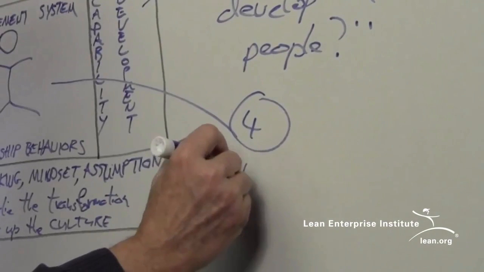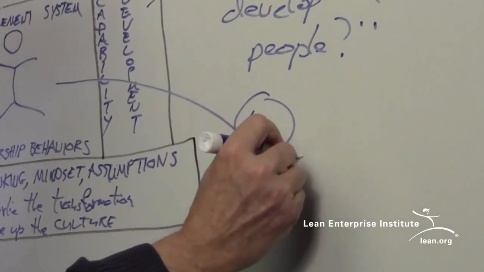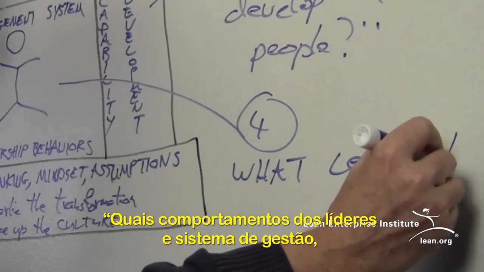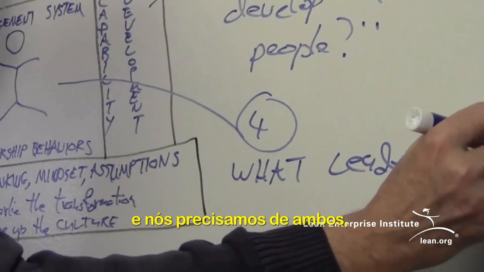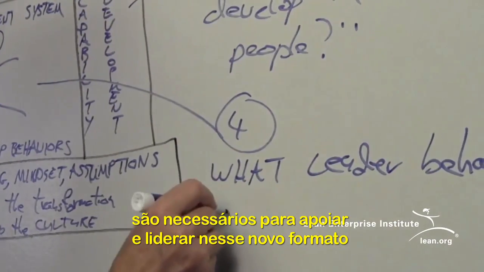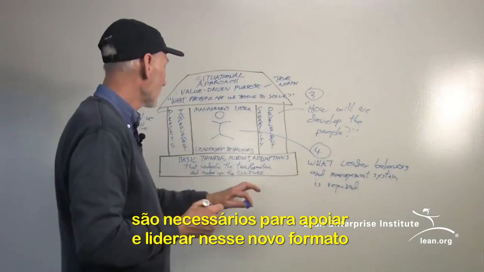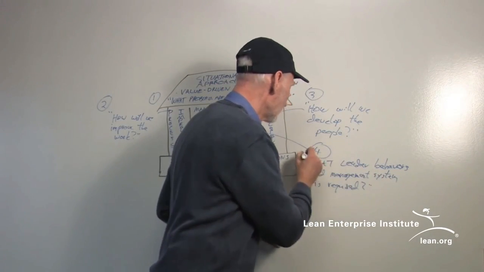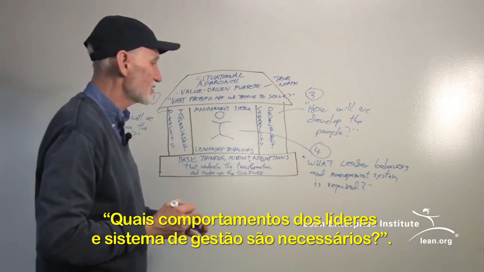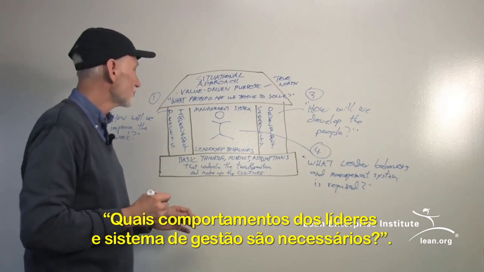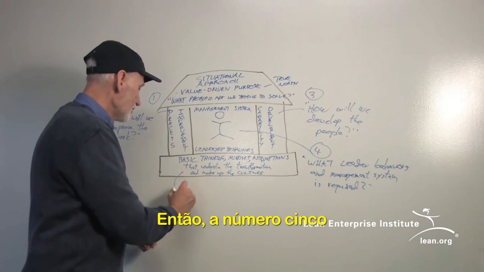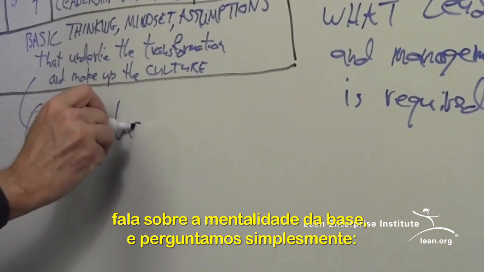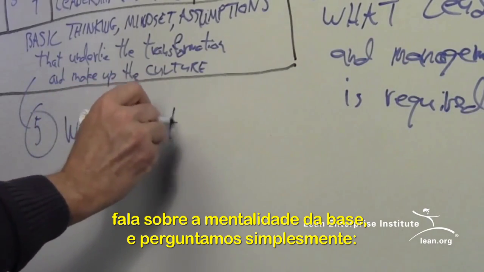which is, what leader behaviors and management system, and you need both of those, is required to support and lead work in this new way that we're transforming toward? Okay, what leader behaviors and management system is required. Then number 5 addresses the basic thinking and asks simply,